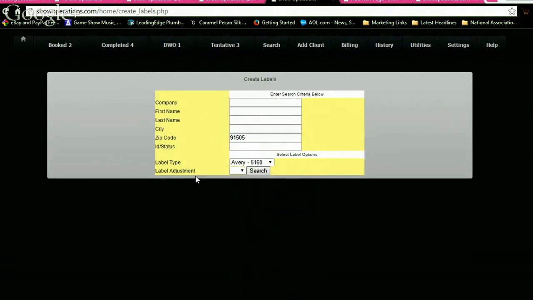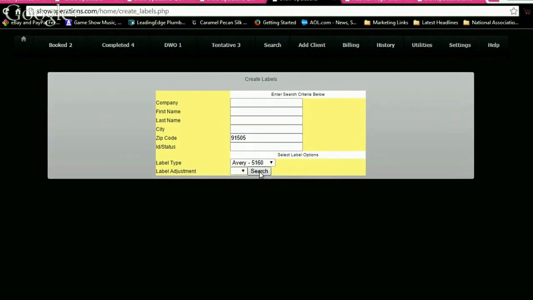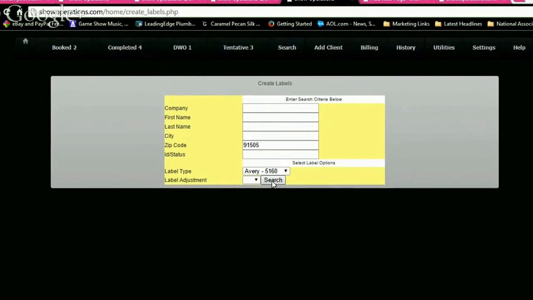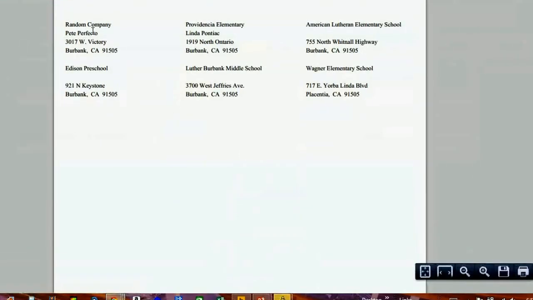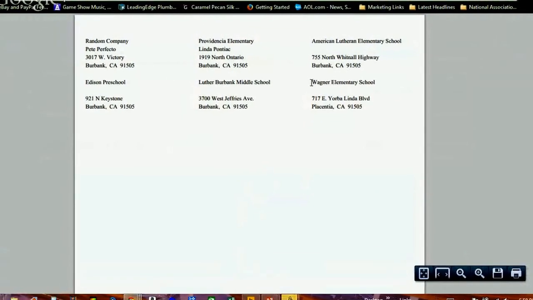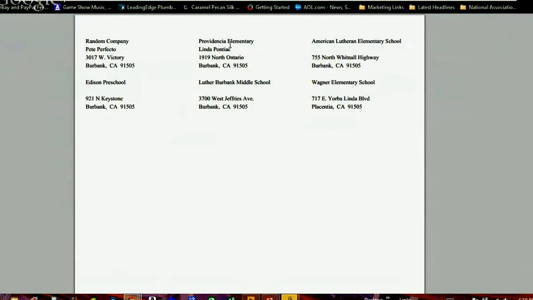Now there's also this cool feature here. It's called a label adjustment, and it's designed so that you don't waste labels. So let me show you what it looks like when we just do a regular search with 91505. Here we have random companies and their layouts, and this is an Avery label 5160, so it has 3 across